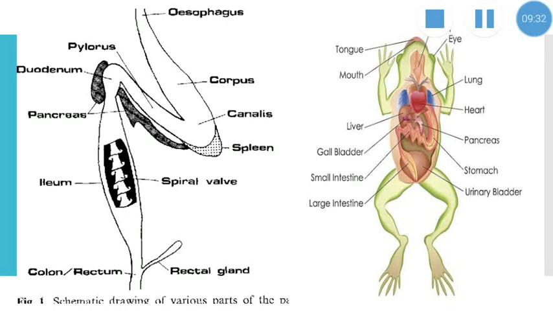So the stomach leads to open into the intestine. It is lined by mucous membrane. The mucous membrane is folded to form the scroll valve. So here you can see this scroll valve. One edge of the scroll valve is attached to the inner wall of the intestine, and the other edge is rolled up on itself longitudinally, making an anticlockwise spiral of about 2.5 folds.